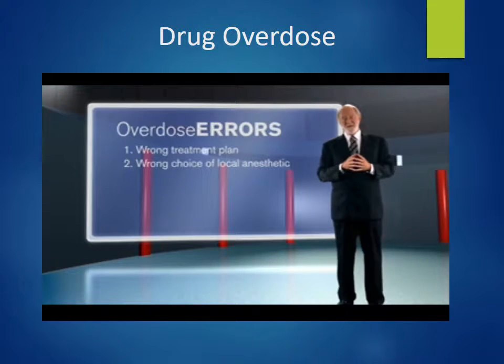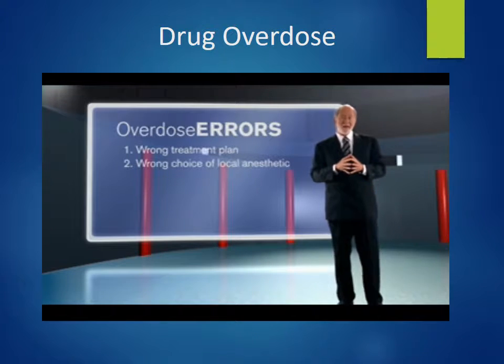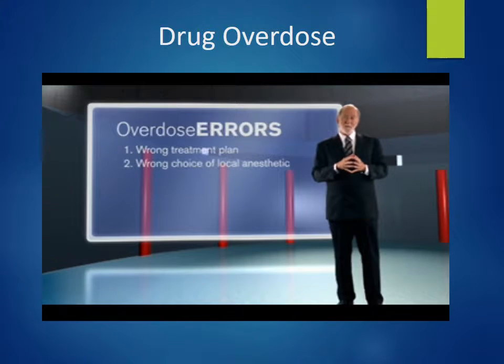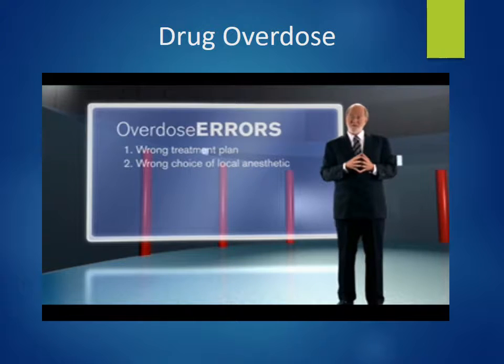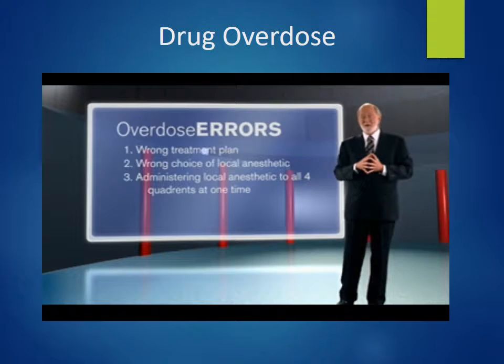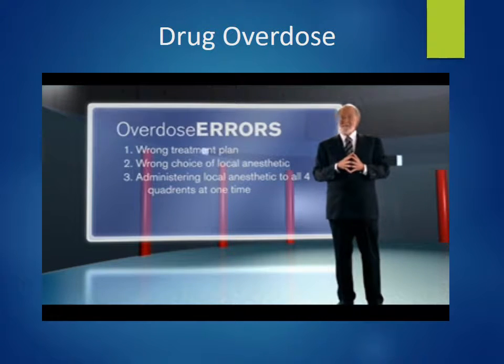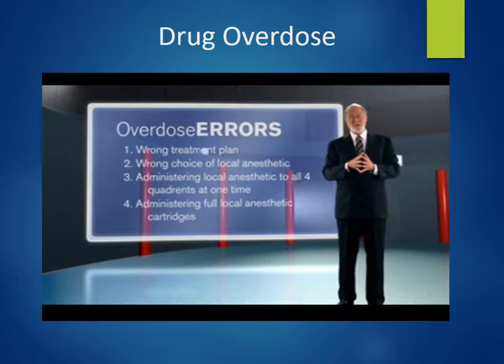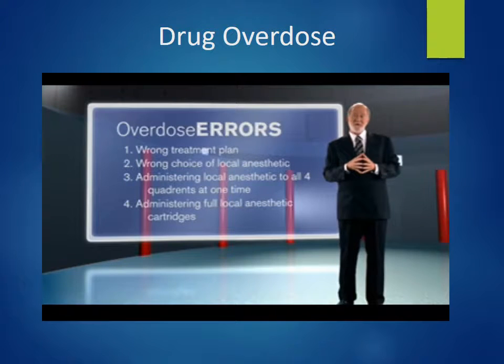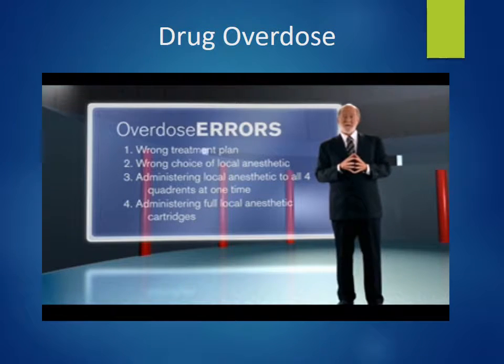Most non-pediatric dentists treating little children prefer to use a short-acting drug, such as 3% mepivacaine, so that there is little residual soft tissue anesthesia when the patient leaves the office. Yet the pediatric dentist treating young children in more than one quadrant will use a local anesthetic which contains a vasoconstrictor such as epinephrine. Number 3, administering local anesthetic to all 4 quadrants at one time. And number 4, the administration of full cartridges, 1.8 mLs of local anesthetic for each injection. A fraction of a cartridge is needed for successful pain control in younger children.